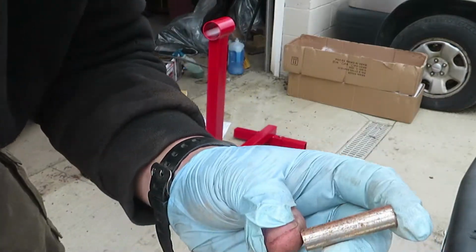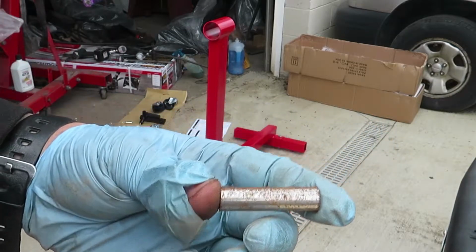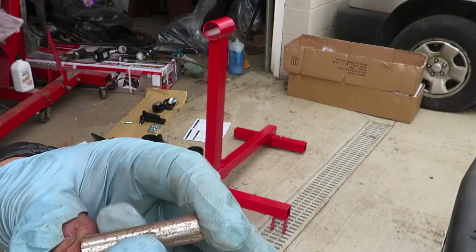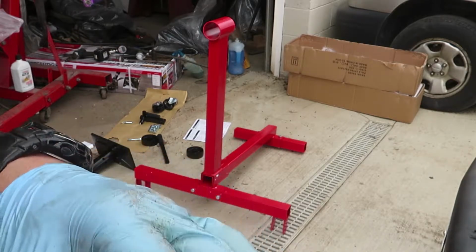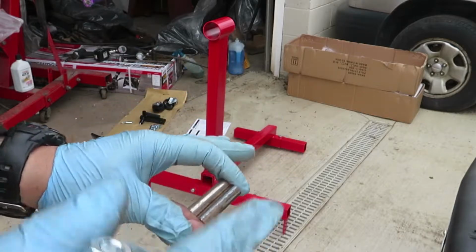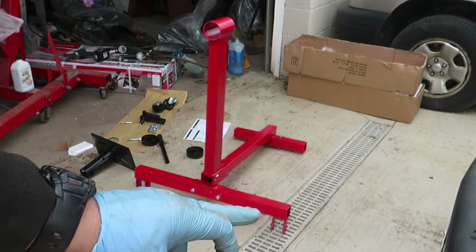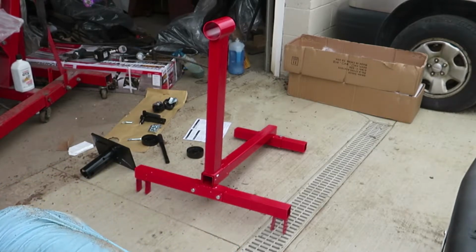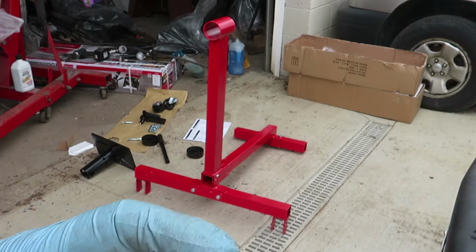I will say, these spacers that they give you are pretty rusted. I don't really think it's going to matter, but they're just basic steel spacers that go inside the metal cast wheels for the lower points here. They're pretty rusted and everything like that. And yeah, the instructions are kind of vague because they just tell you